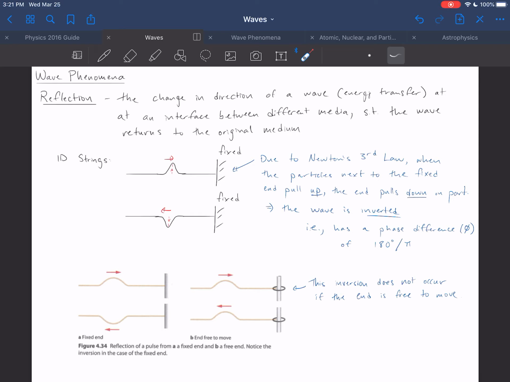So reflection is formally the change in direction of a wave at an interface between different media such that the wave returns to the original media. In other words, if a wave goes somewhere, it reflects, then it comes back to where it was to begin with. We can examine this phenomenon by first looking at the case of a reflected wave pulse in a one-dimensional string. So, as this wave pulse is sent along, it has amplitude A,